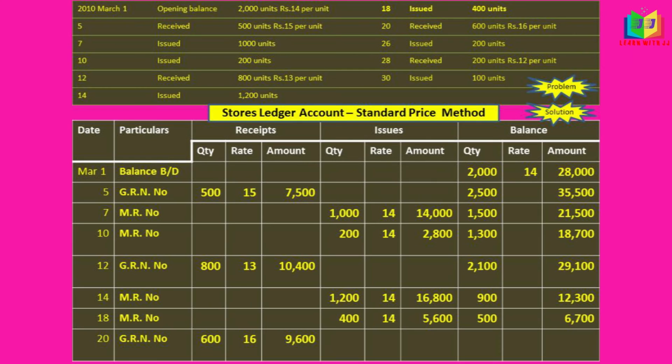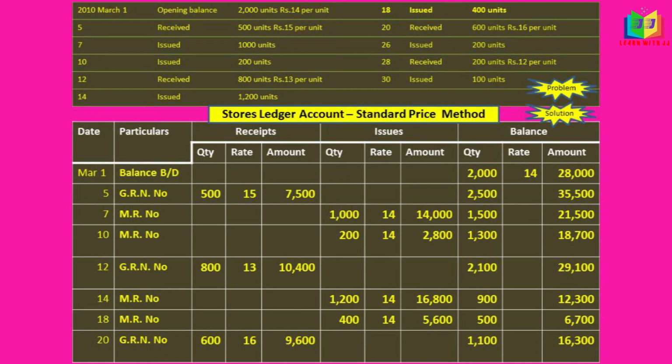And next on 20th we have a receipt. That is, we received the goods. Its cost is 16 rupees and the units are 600. So we'll get 9,600. And this we have to add to the balance. So the balance available now, quantity is 1,100 and the amount is